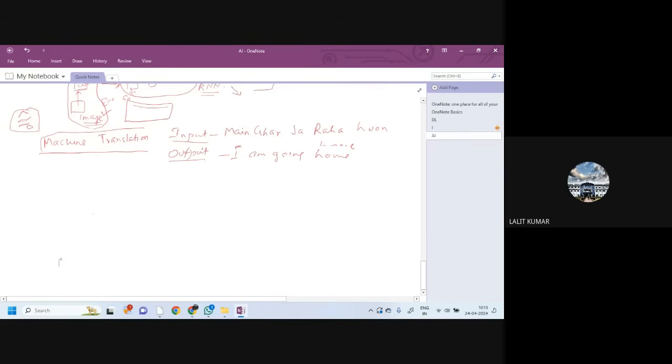We will feed this मैं घर जा रहा हूँ to the RNN, passing each word through. The last part, if I call it H5, so this is H1, H2, H3, H4, and the inputs are X1, X2, X3, X4, X5. Only this part is fed to the